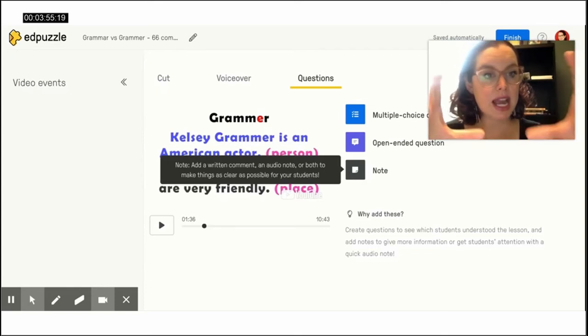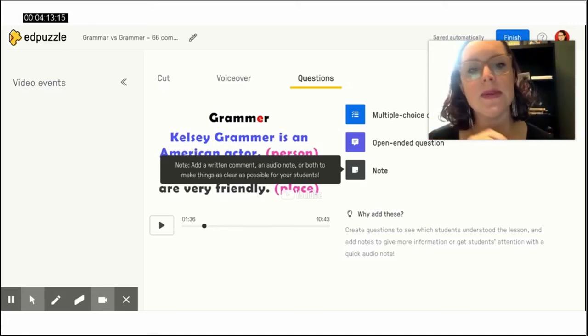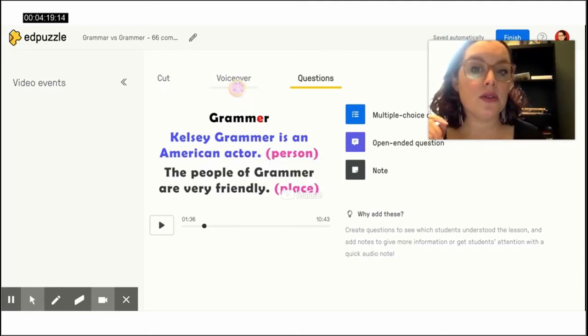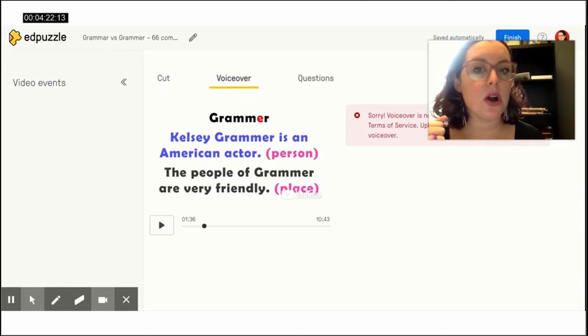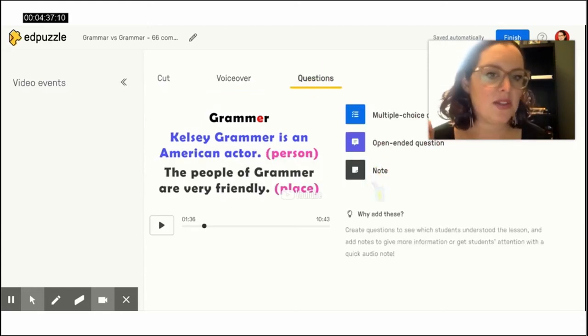So a note means that there'll be a text box that will show up and students can read. So that allows you to really extend on the content that's provided in previously recorded videos. So let's say there's a really great YouTube video out there and it's 95% there with what you want it to include, but you really wish they would have emphasized one particular point. Well, that's what the note feature is helpful for. You can also add a voiceover where you record your own voice and the students will hear you talking, but that feature is not available for YouTube content. TED Talks or any of the other options, you can record your voice and the students can listen to you, but not with YouTube. But I think that the note feature is a great alternative to that.